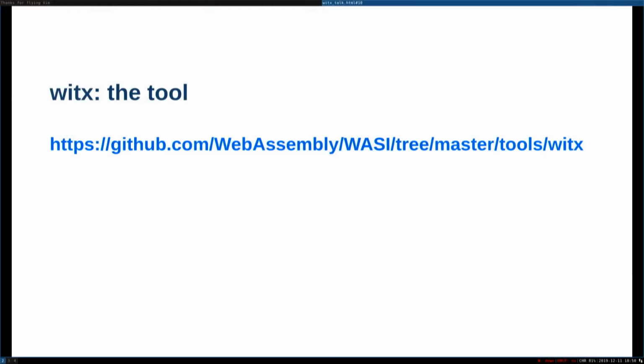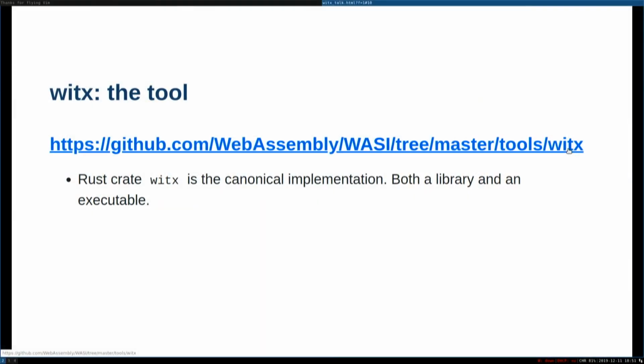Okay, so then the tool itself. I said WitX is a language that things are written in, and as far as I know, there's only one tool that understands the WitX format, and it's called WitX. It lives in the WebAssembly WASI repo itself under the tools WitX folder. So that's all on GitHub. It's all with the very nice copyright that the W3C working group assigns to everything, so everybody can use it. And it's a Rust crate because we program in Rust, so that was the natural choice.